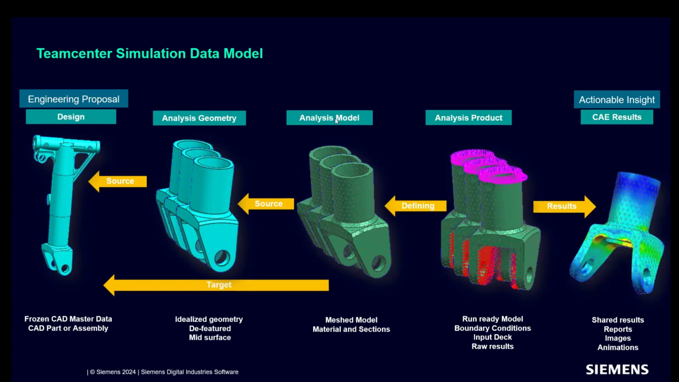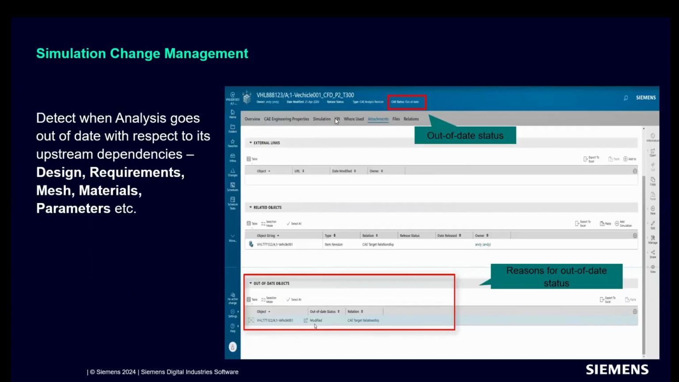And then we need to have the ability to store actionable insight, which is looking at the CAE results in ways that engineers like to look at them, which is shared results or reports or images or animations that show what is going on in the model and whether or not the model is fit for the application that it was designed for. So all of those things are supported in our simulation data model, with the bonus of being automatically